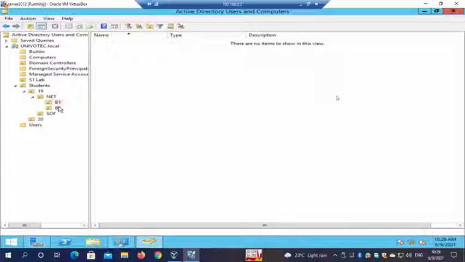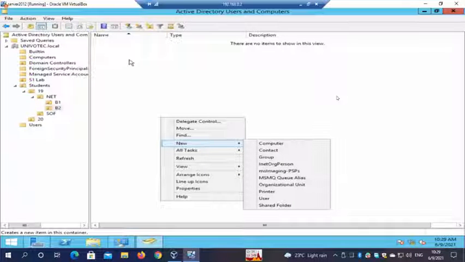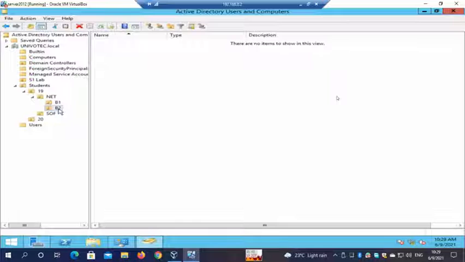I can divide like this. Then inside here will be the usernames, or your user accounts. So let's say there are 40 or 50 accounts. I don't have to apply these permissions to each and every account. Just create an OU like this, put all the accounts inside, and then to the OU I directly give the permission or policies or whatever, right? Then it will apply to all the students who are there.